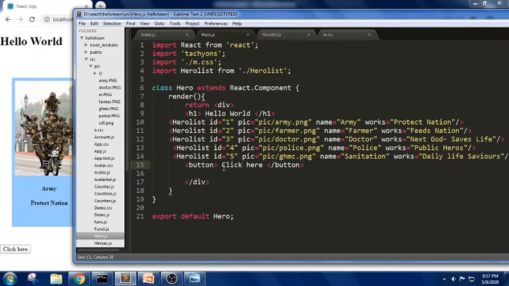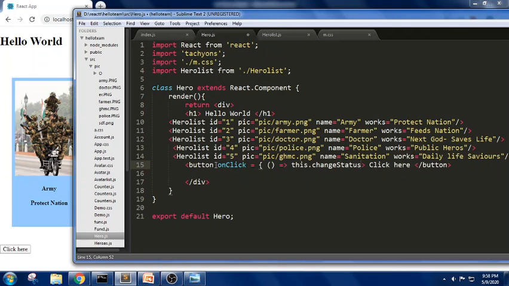So let us write onClick equals to, I am going to use an arrow function, this.changeStatus.